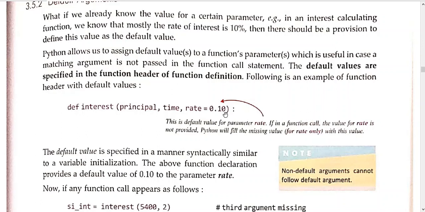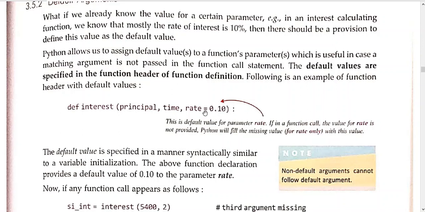Okay, but there are certain cases that we should obey or keep in mind while using this concept. The default values are specified in the function header. This is my function header, I told you. Actually, from here my function definition starts, but this first line is always known as my function header.